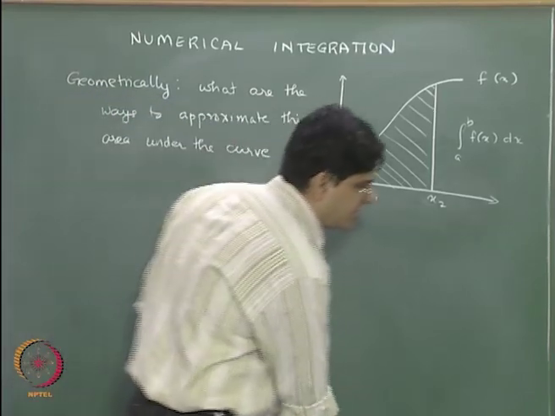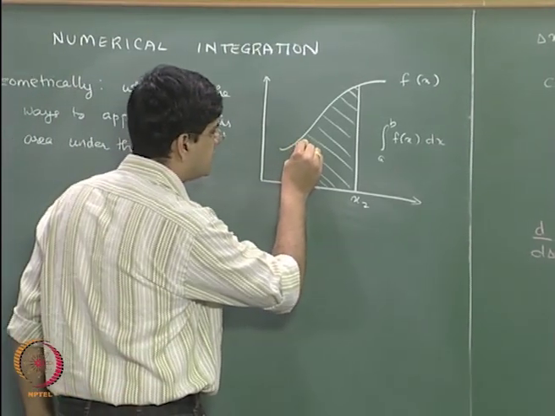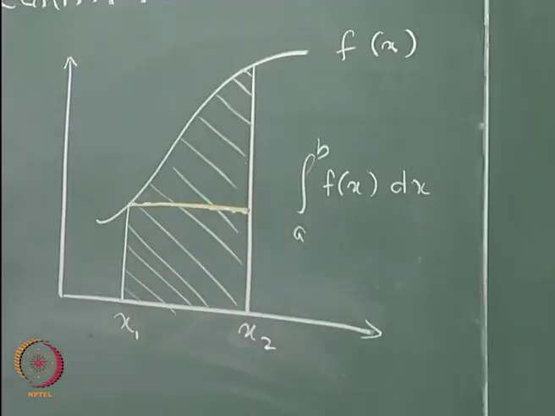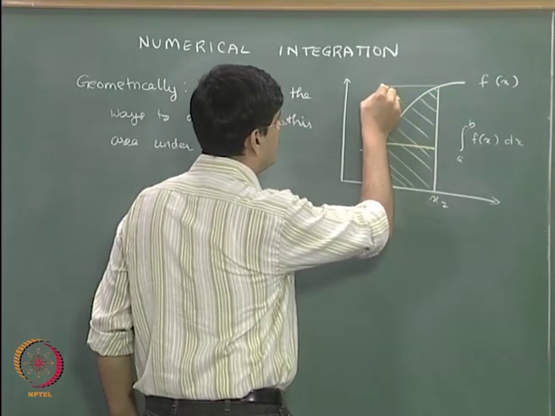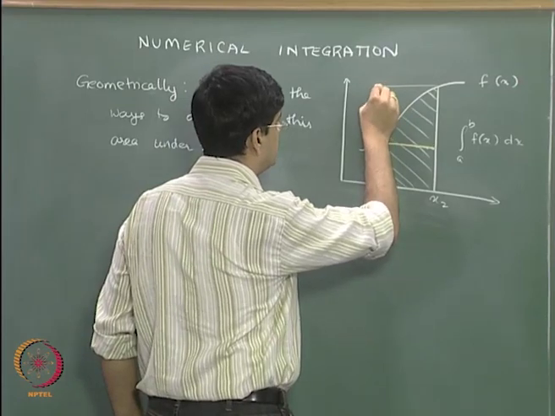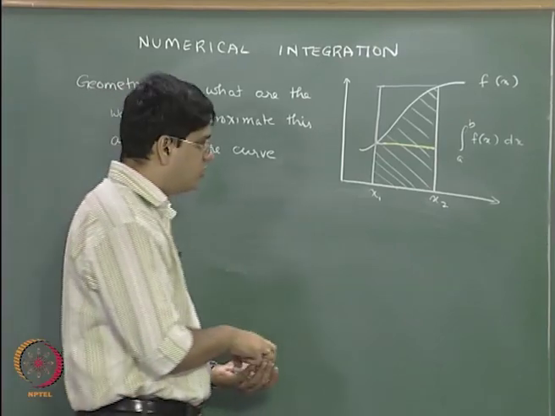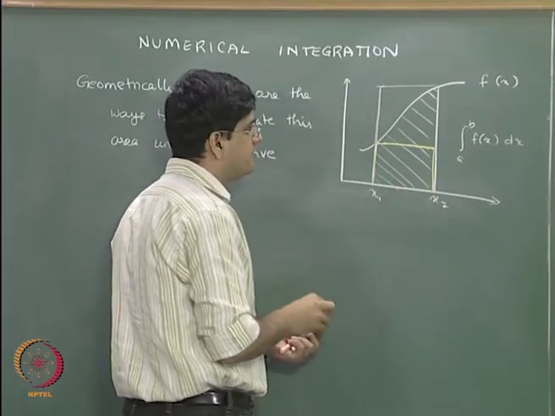Okay. And the different areas that one can possibly think of is, you connect this particular horizontal line and the area under this yellow line is going to be one possible way of approximating that area under the curve. The other possible way of approximating the area under the curve is, take this particular line and complete the rectangle over here. So that is the purple area. Okay. So the first area is the yellow rectangle, the second area is the purple rectangle,